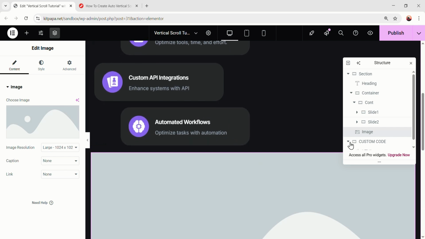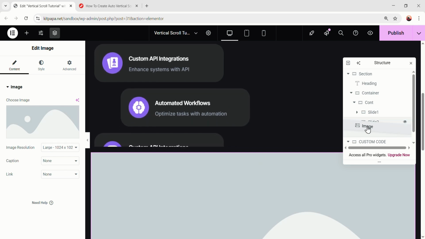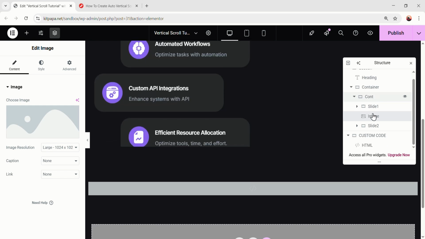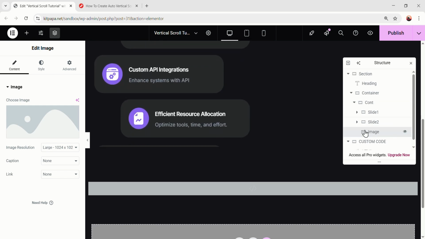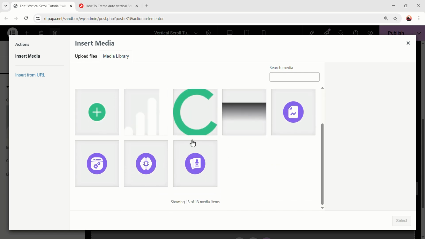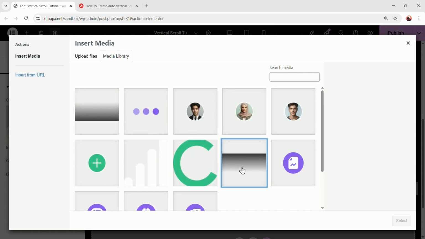So I just dropped this image here. So let's just adjust the image and make it exactly right after the slides 2, like this. Okay, then change the image. By the way, you'll find all these images. So first select this one. This is called